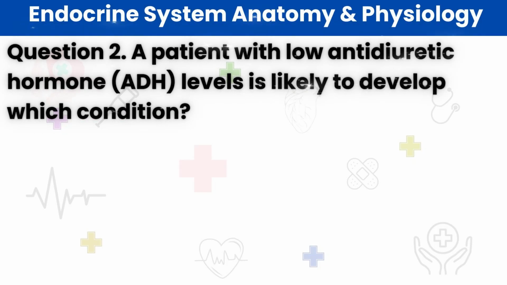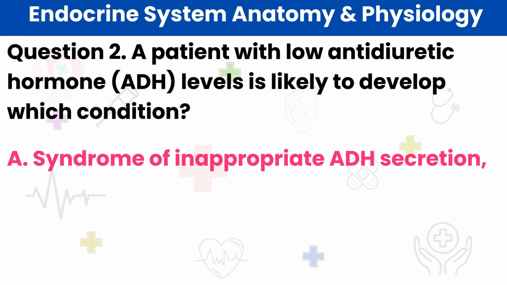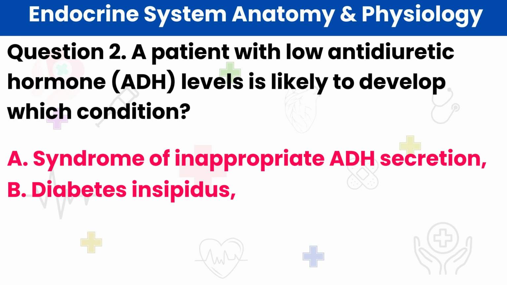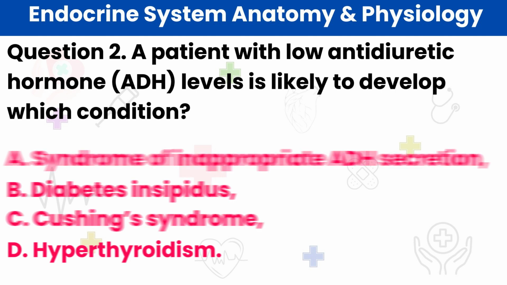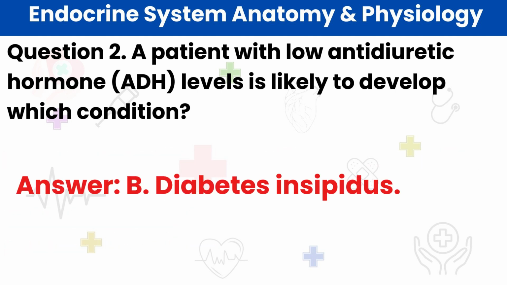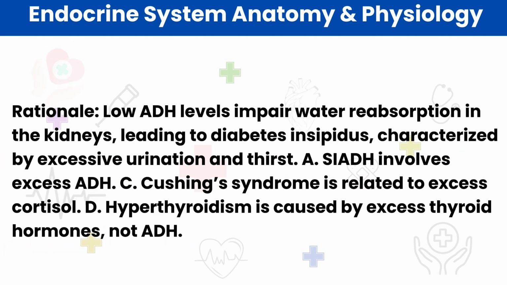2. A patient with low antidiuretic hormone, ADH, levels is likely to develop which condition? A. Syndrome of inappropriate ADH secretion. B. Diabetes insipidus. C. Cushing syndrome. D. Hyperthyroidism. Answer B. Diabetes insipidus. Rationale: low ADH levels impair water reabsorption in the kidneys, leading to diabetes insipidus, characterized by